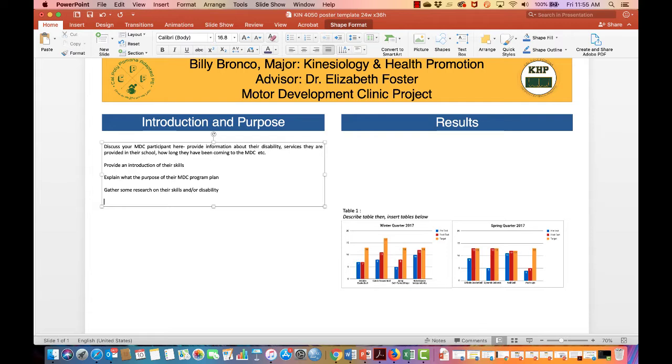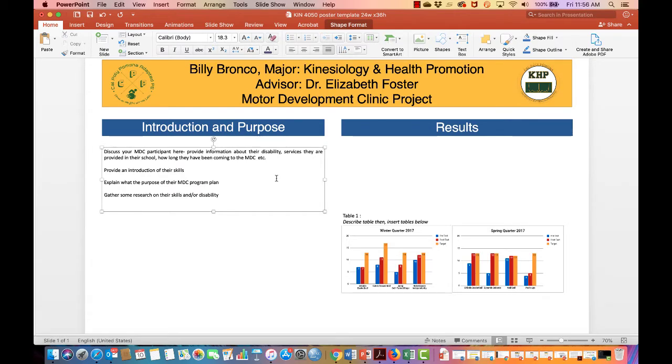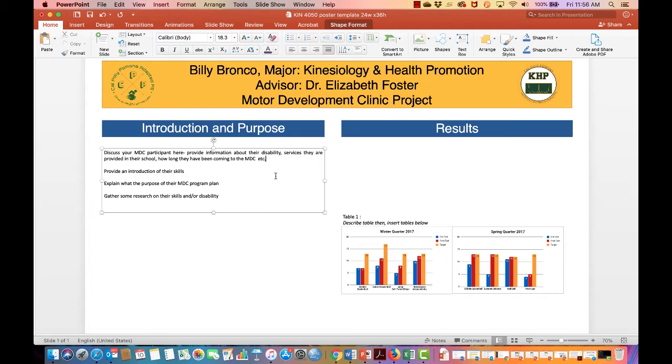And a really, really important thing is that you are not going to use your participant's name. You're going to develop what's called a pseudonym, okay? So if your participant is Ethan, you are going to talk about this individual with a different name. That's just to provide confidentiality. If for some reason